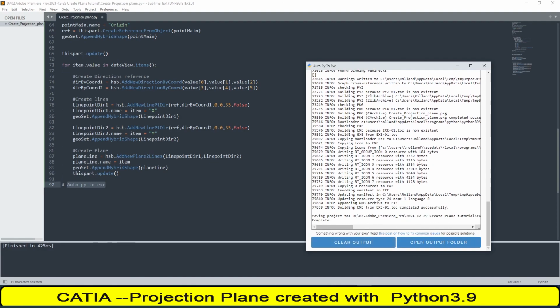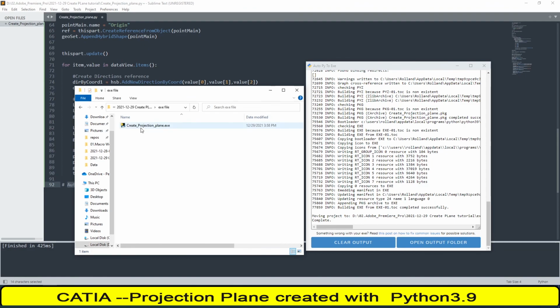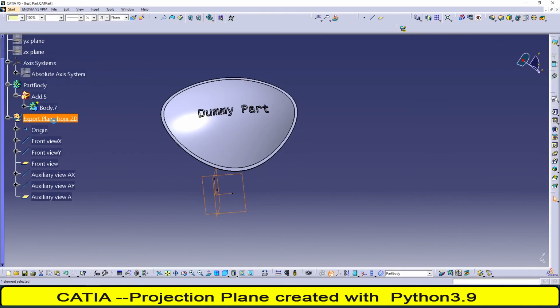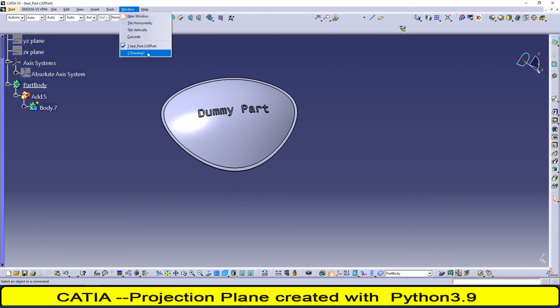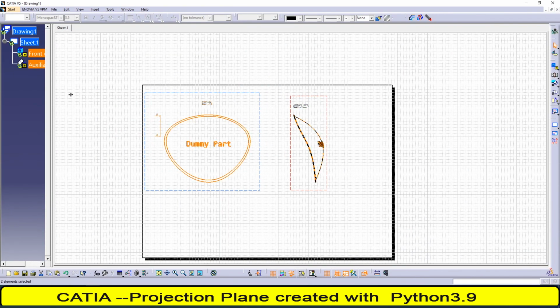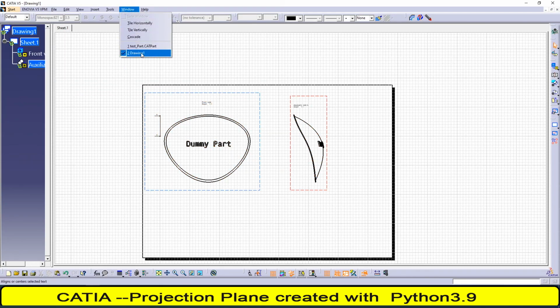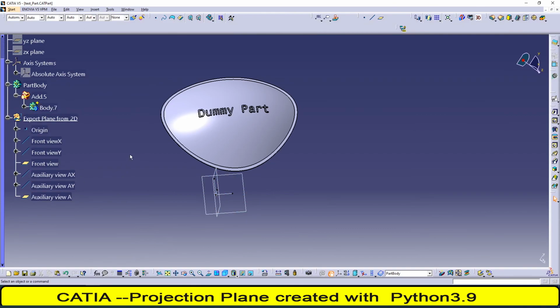Okay, and now if we will run this, let's select these two. We will run this, and after it's done, we will see